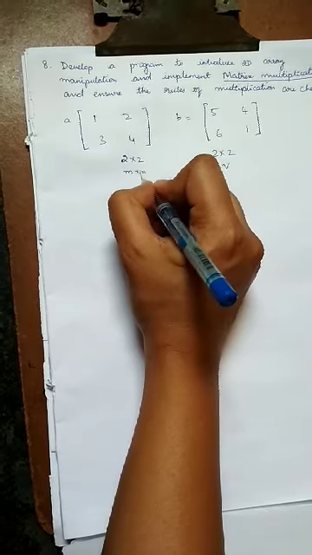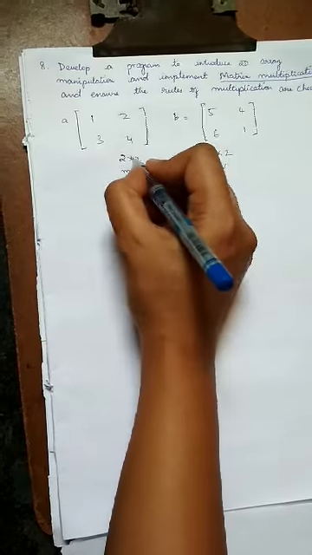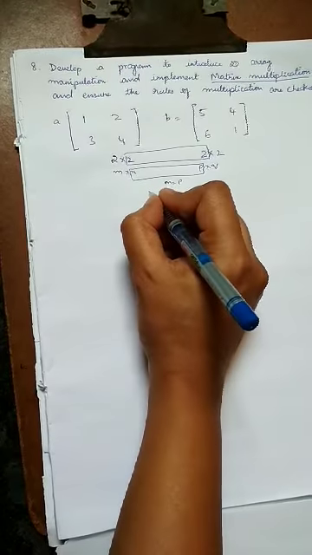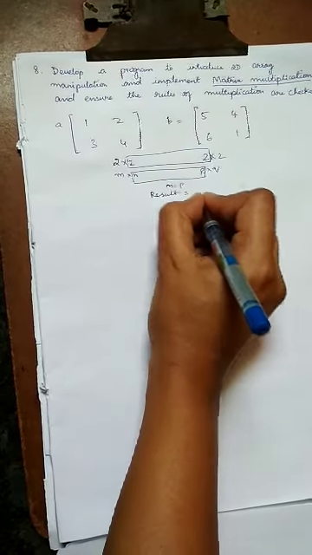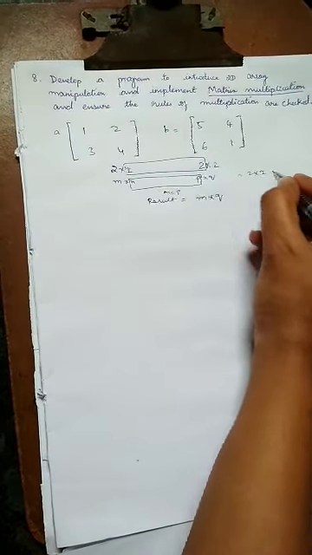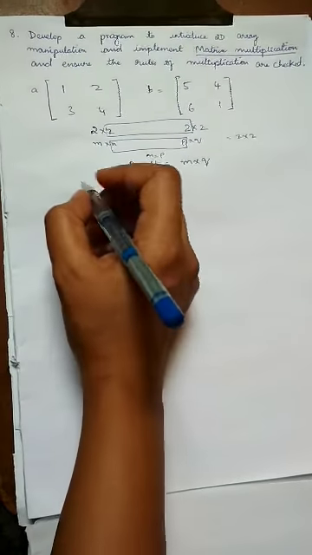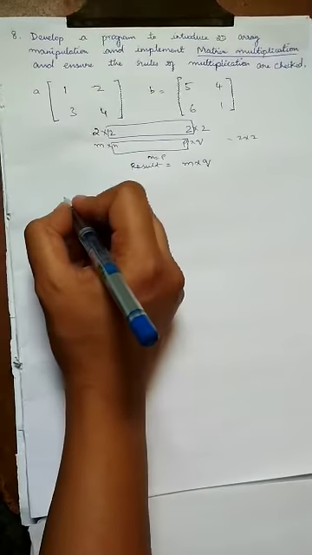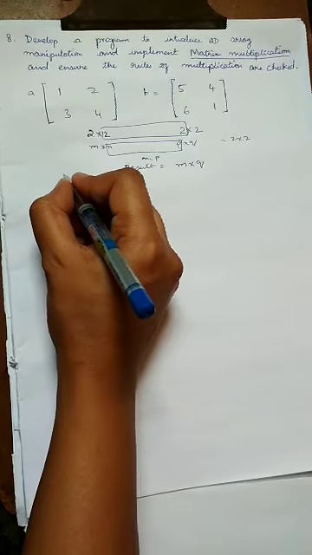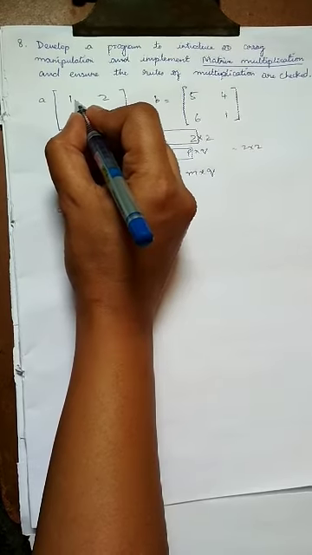So whenever N is equal to P, that is these two numbers are same, only then matrix multiplication can be done, and the resultant matrix will be of the order M cross Q. In this case 2 cross 2 will be the resultant matrix, right? So now let me compute the resultant matrix and store it in C. So how do you do the matrix multiplication here? How do you compute the C?